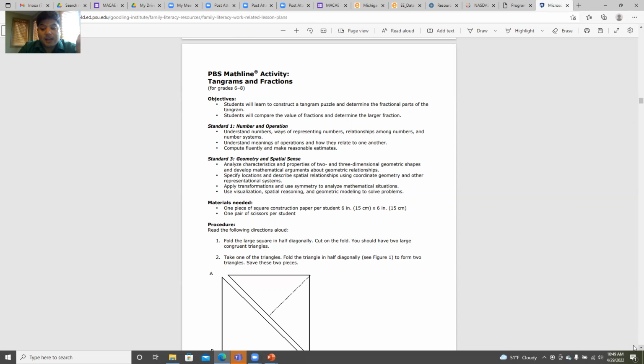But the family literacy component of the lesson was to have them work with their children to identify, and depending on the lesson, it focuses either on young children or maybe on middle age or high school level students. So I want to put that out, is that asking a high school student to go and identify what triangles are, they're probably just going to laugh at their parent, right? But so there is some age component differences that you might want to look at.